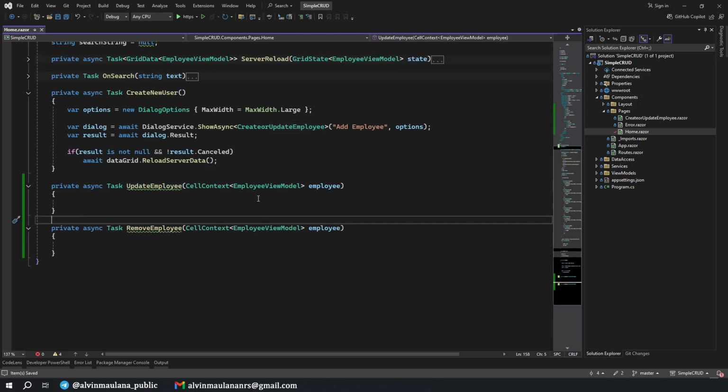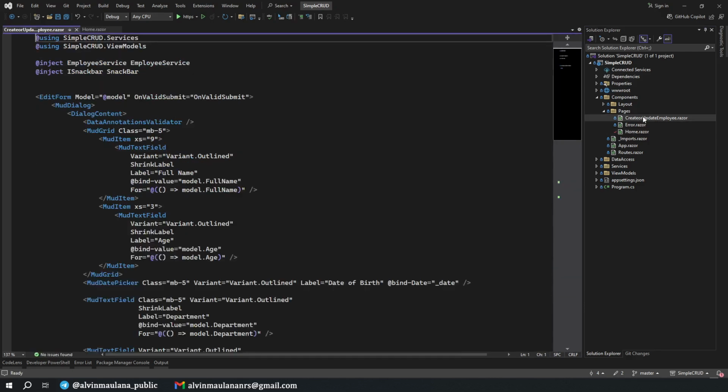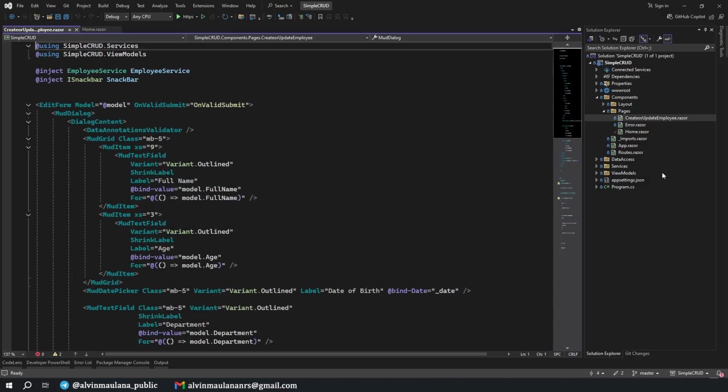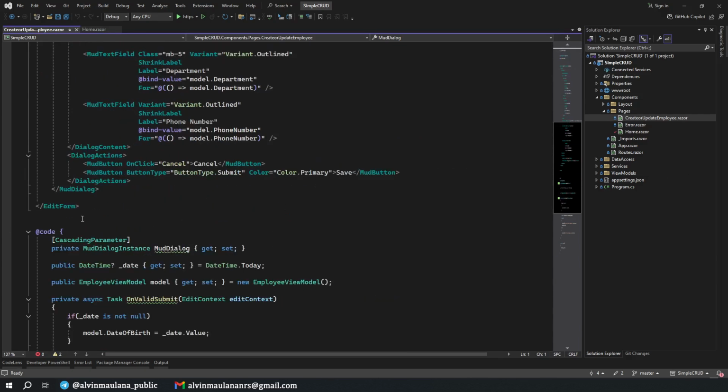First, we are going to use the same Razor component for our update. So better we update this one first, because it's only available for insert. We have not defined that it's also able to update. So let's have an enumerator.